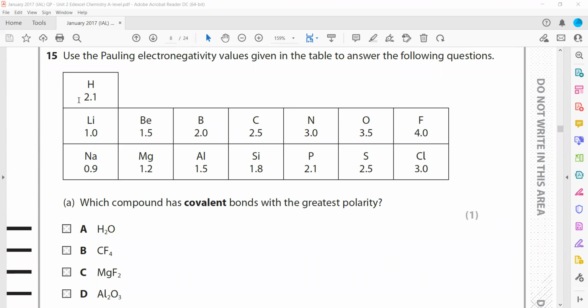Using the Pauli electronegativity values in the table, answer the following question: which compound has a covalent bond with the greatest polarity? If the elements have a greater difference in their electronegativity, they will have the highest polarity, because the greater the difference in electronegativity, the more polar the bond is likely to be. So when we check the options,